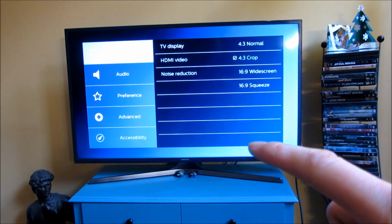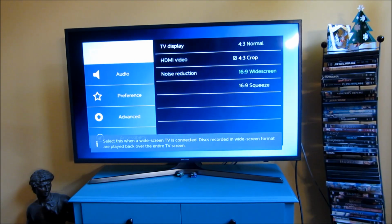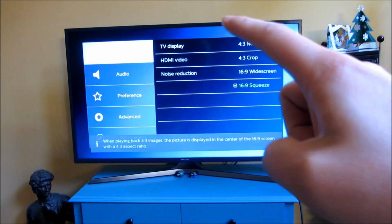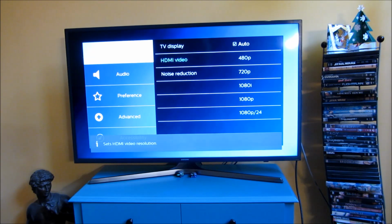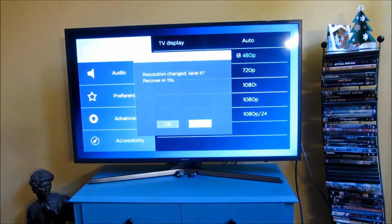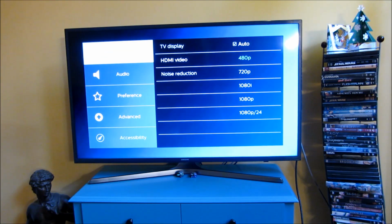Now it's very tricky to actually set, I must say, because I actually don't know, judging by these colors, what menu is actually active. So the choices are actually terrible. So right now I don't know if I'm controlling the TV display, though that's my guess here, because it is slightly white. And I pushed this particular one, but once I move it up, you could see, all right, that is the TV display, so I'm just going to have that set to auto. And I'm gonna click cancel. So once I have it set to auto, I'm gonna go back,